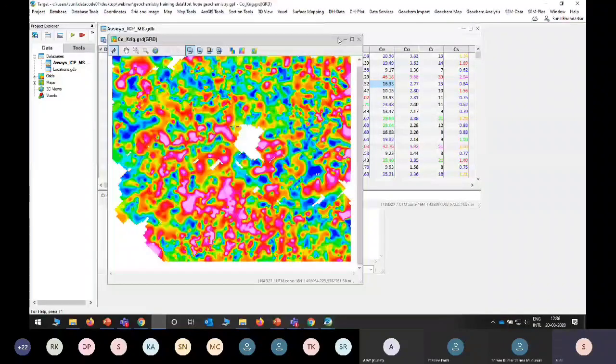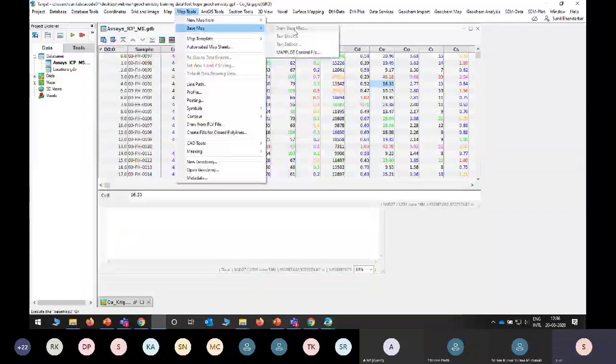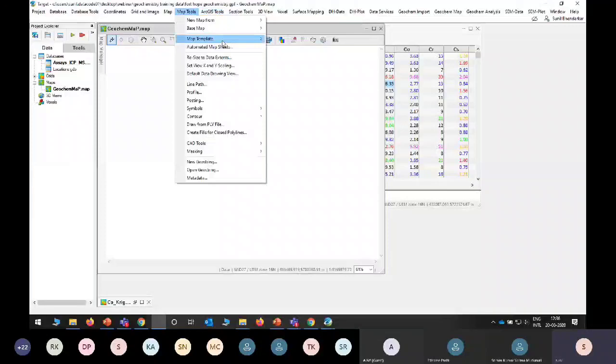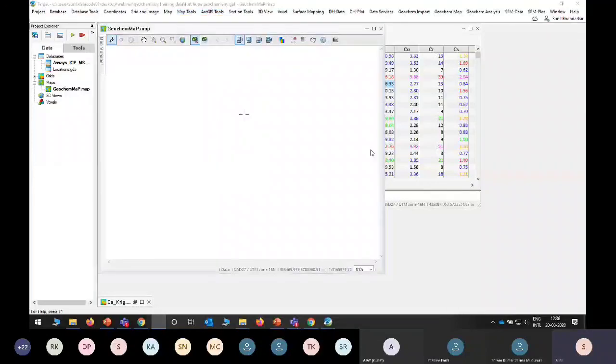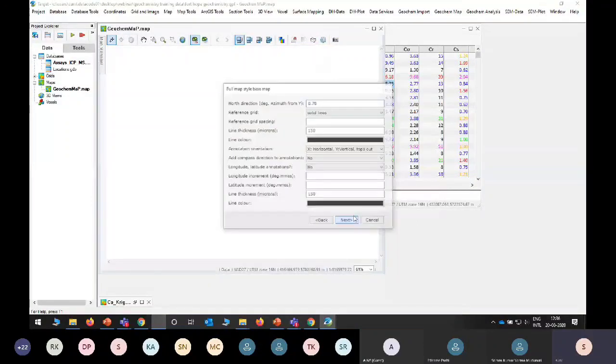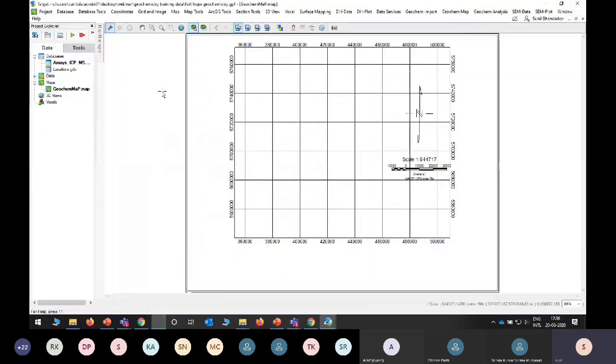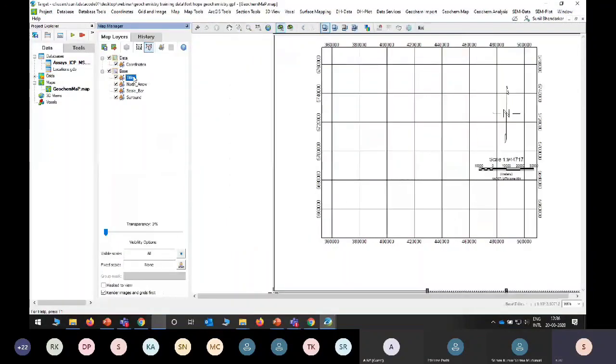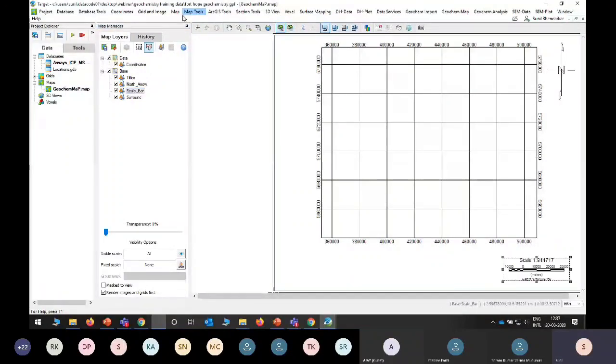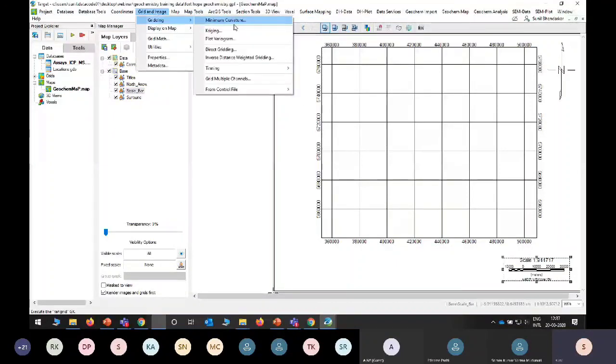Now again map to base map. Next, next. This is the base map. Now simply grid an image, display on map, grid.